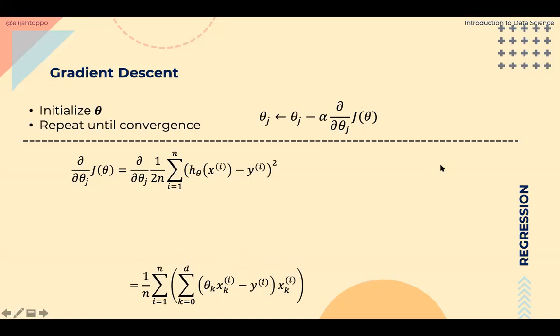So d by dx of x is 1. Yes, d by dx of x is 1. Your dx, you could say partial derivative of x with respect to itself, is 1. So once we have it, we can use this direction to help us find out the new value of theta j. That is, it will tell us in which direction it should change. Alpha will tell us how much value it should change, and then together we will have updated values of thetas.